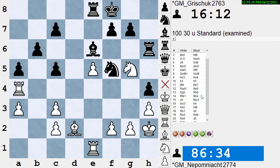Knight f3 is a candidate. f4 I really don't like. We've already discussed various reasons. f4 without knight takes e6 is a little better than f4 after knight takes e6. But still, as we said, f4, maybe even bishop d5, and that rook on a4 has no squares. So black's not really threatening to win it right away, because if he plays bishop c6, that gives him the c4 square. And if he plays b5, that gives him the a5 square. So I don't think f4 loses the rook, at least not in the next few moves after bishop d5, but